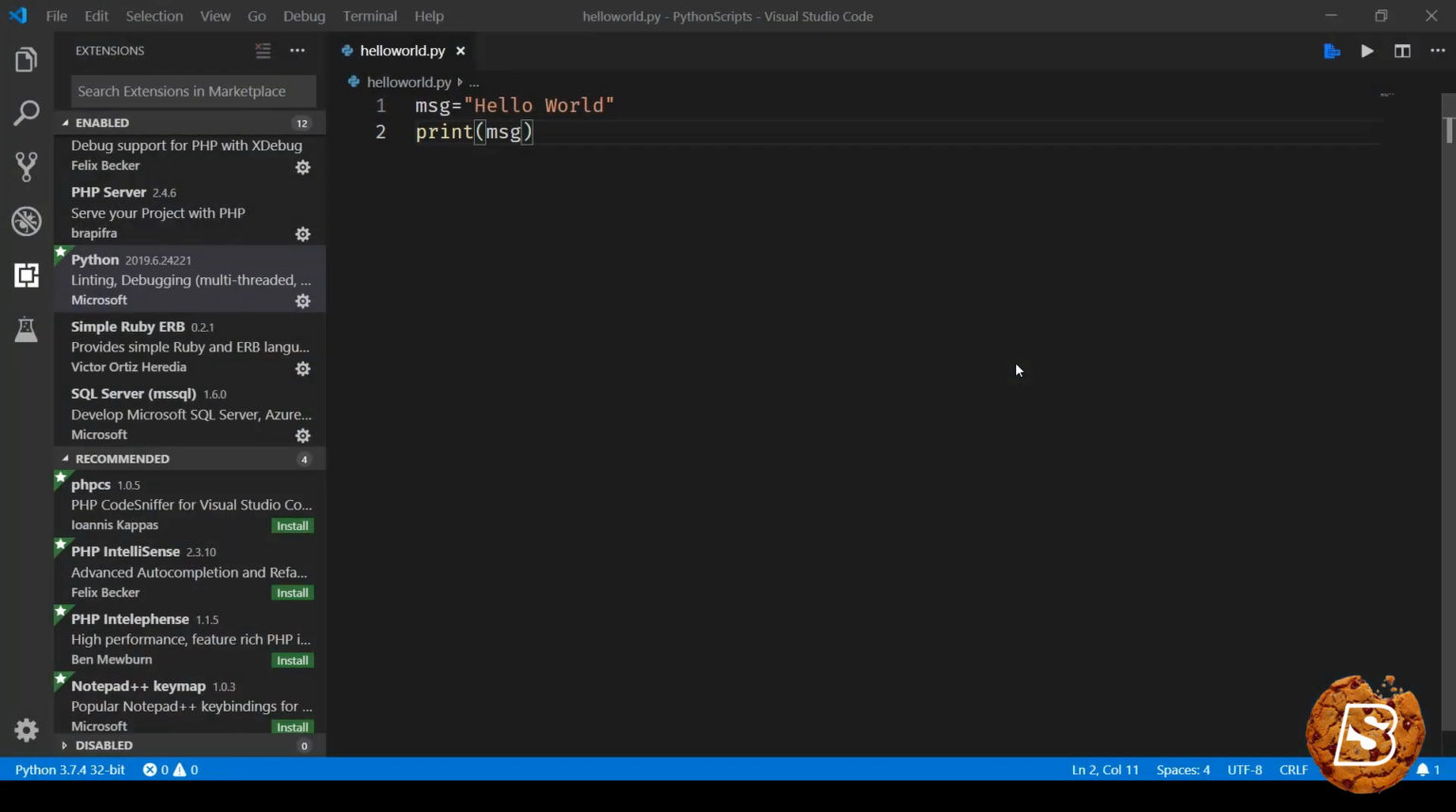In the previous lecture, we saw how to install Python on Windows and then how to work with Visual Studio Code Editor using Python extension on Windows. In this one, we'll be quickly taking you through Python installation on Mac and then working with Visual Studio Code